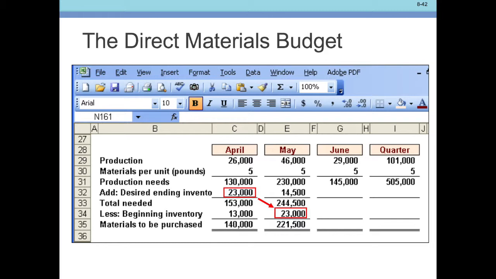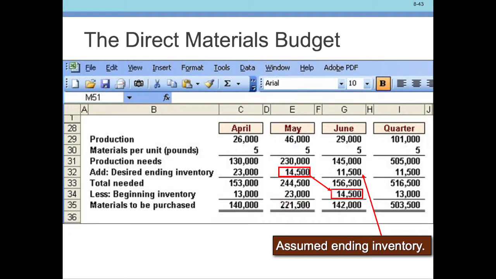So we simply go through these same calculations through the next couple of months. The ending inventory in April becomes the new beginning inventory in May. So the 23,000 ending inventory in April becomes beginning inventory in May, and the 145,000 pound requirement in June becomes 10% of that for ending inventory in May. And we just walk through the spreadsheet again, and we end up with a very similar situation